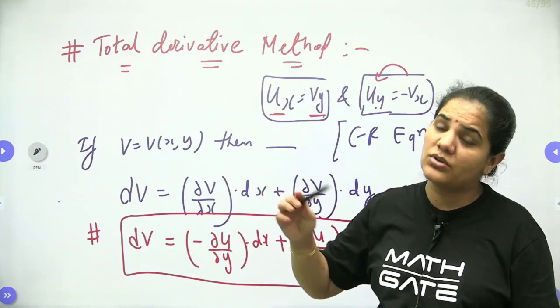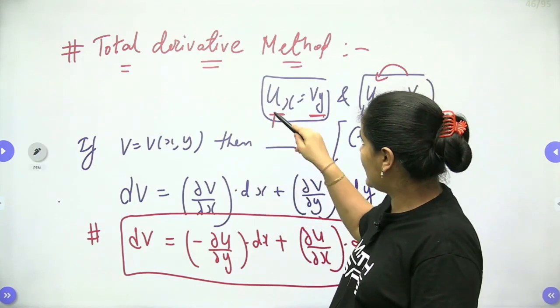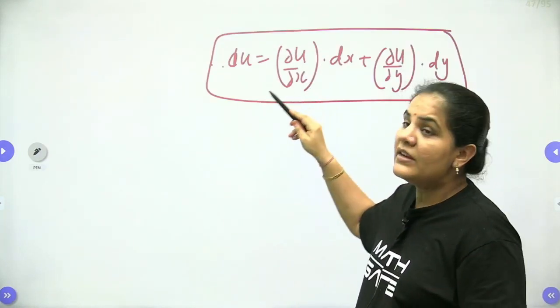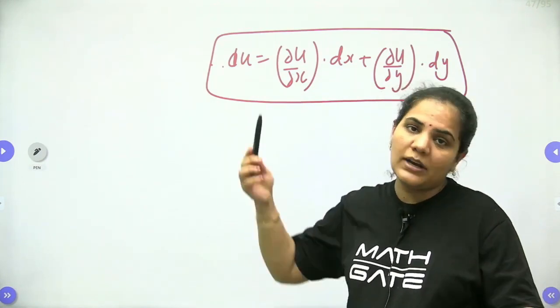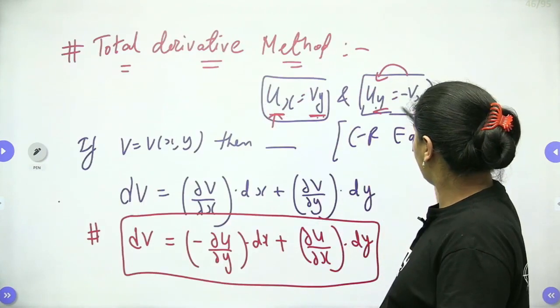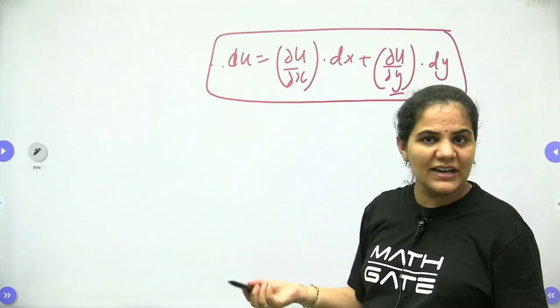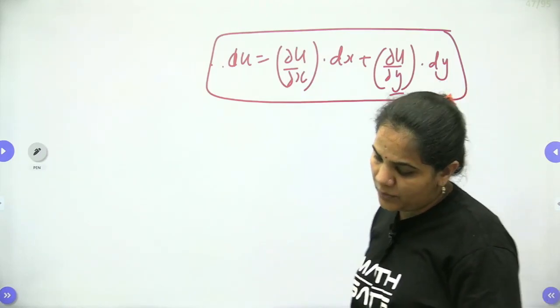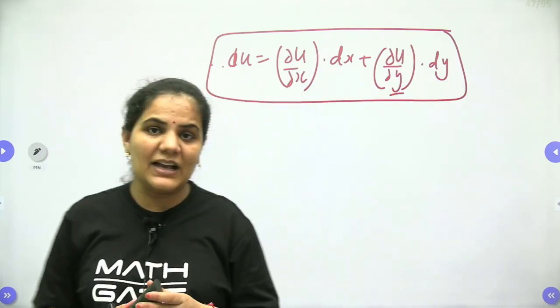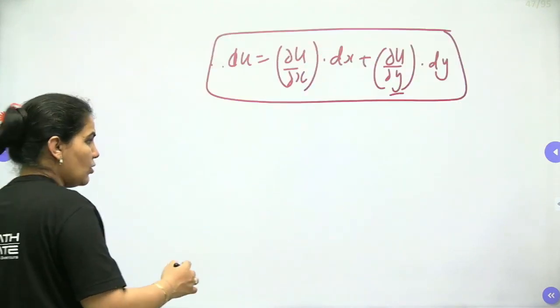Sorry, the second thing is the Cauchy-Riemann equation. So at the place of ux you can put vy. If you have to find out v, you can put here vy. At the place of uy you can put minus vx, right? So accordingly you can approach from here by integrating. After that, when you approach here, you have to integrate.